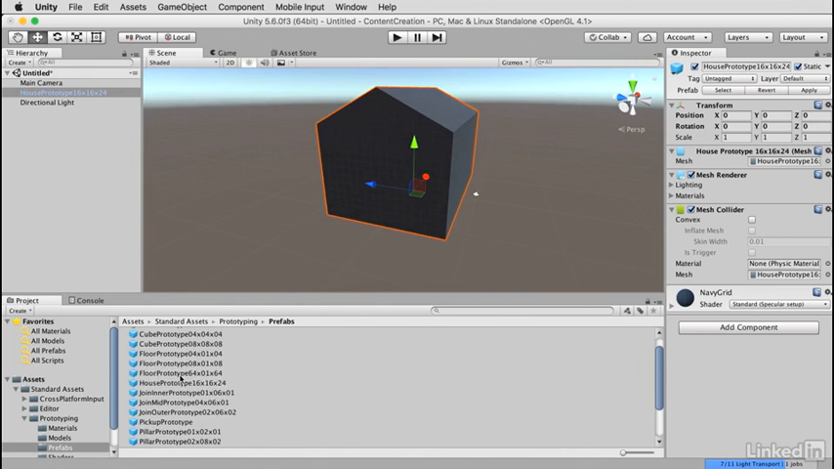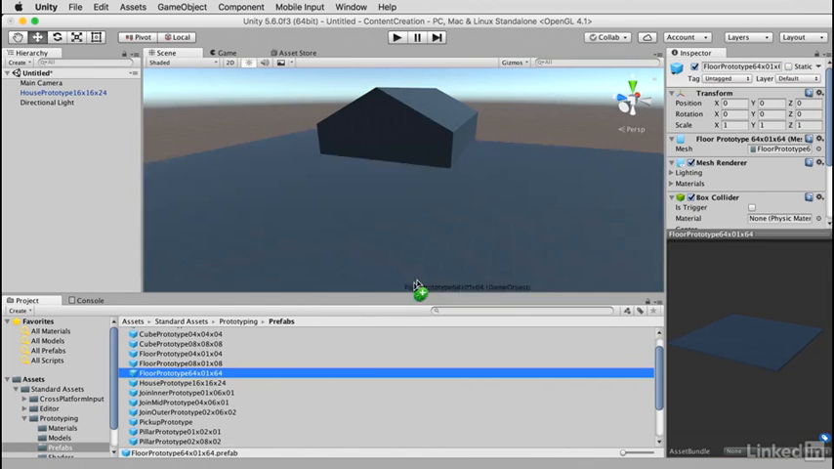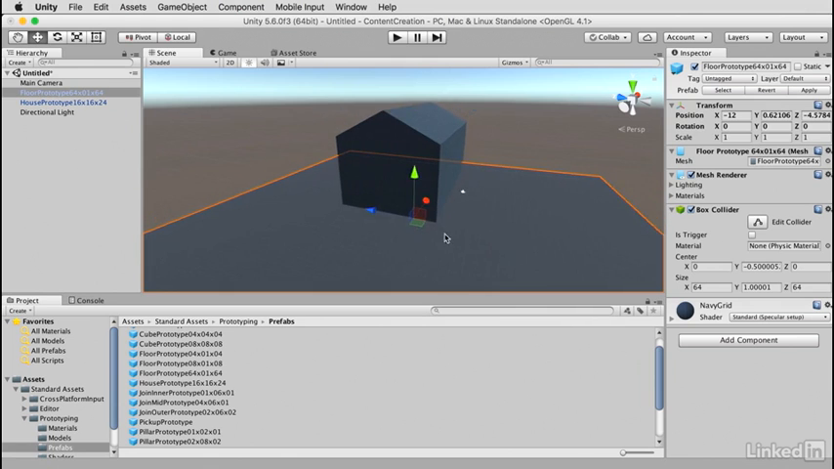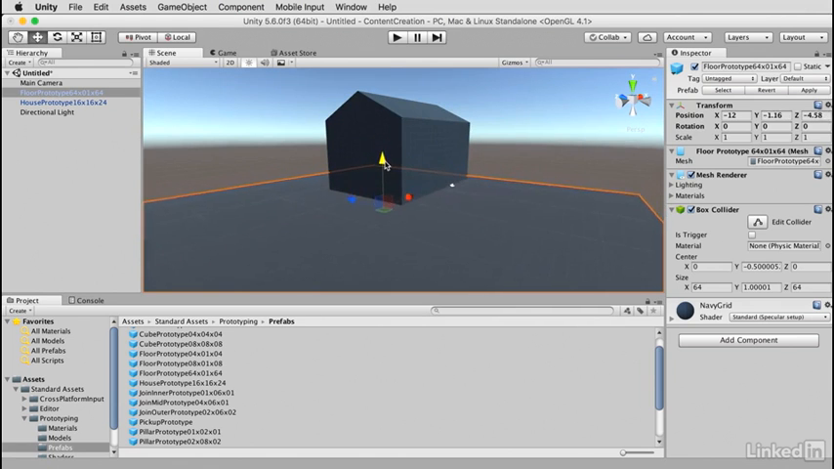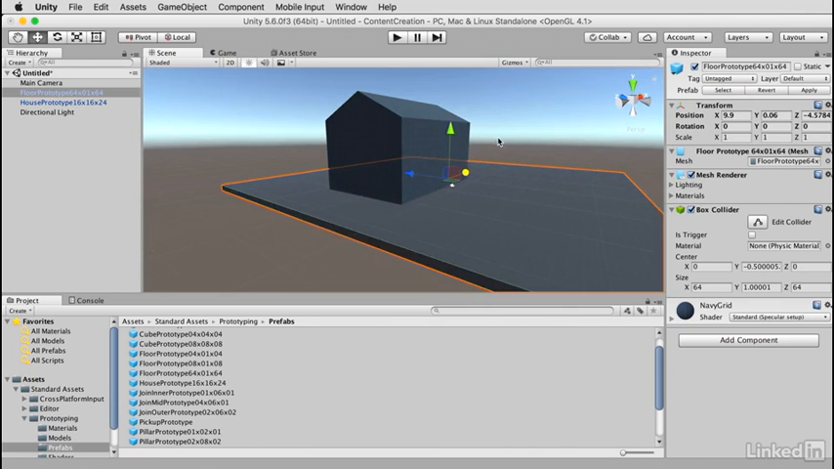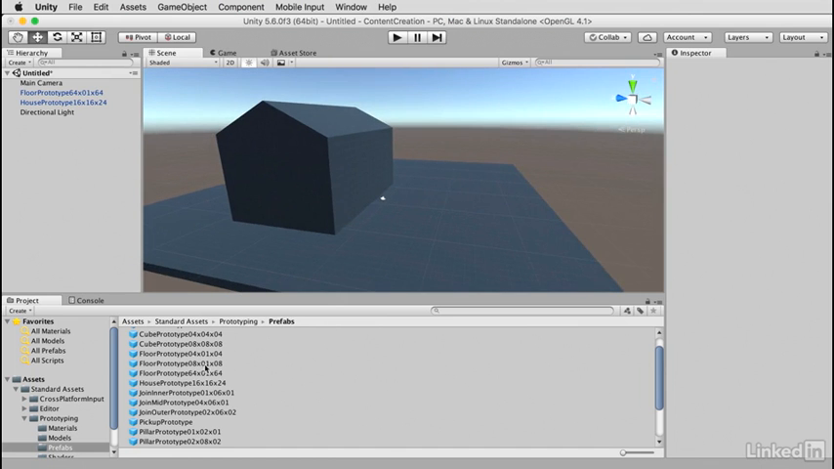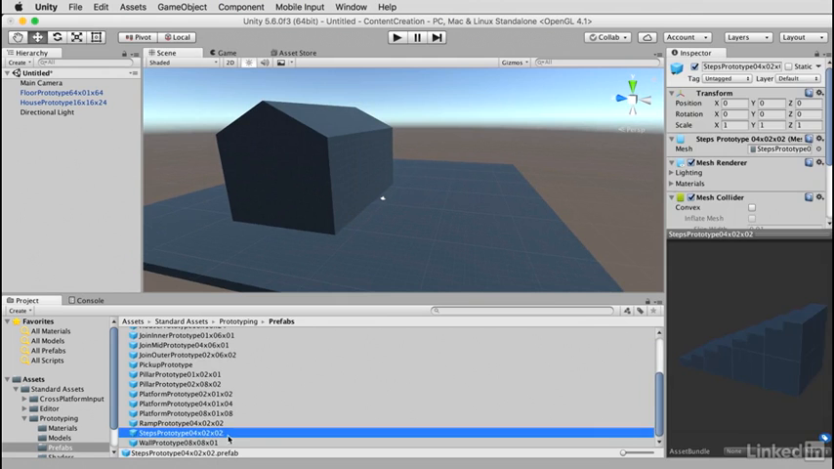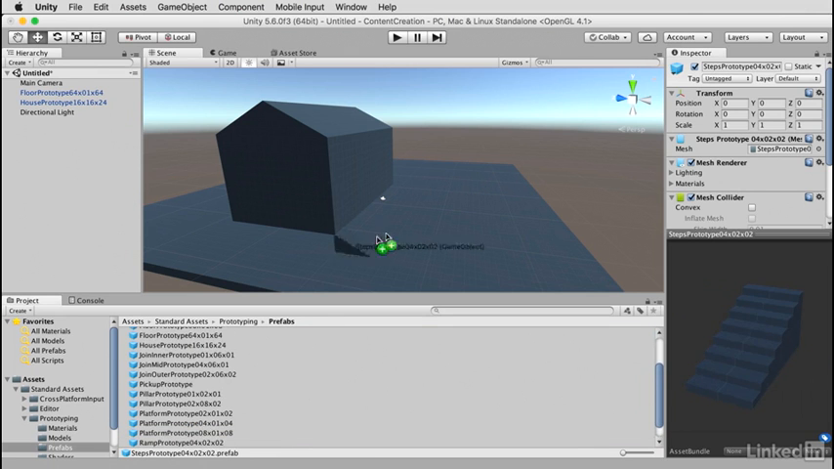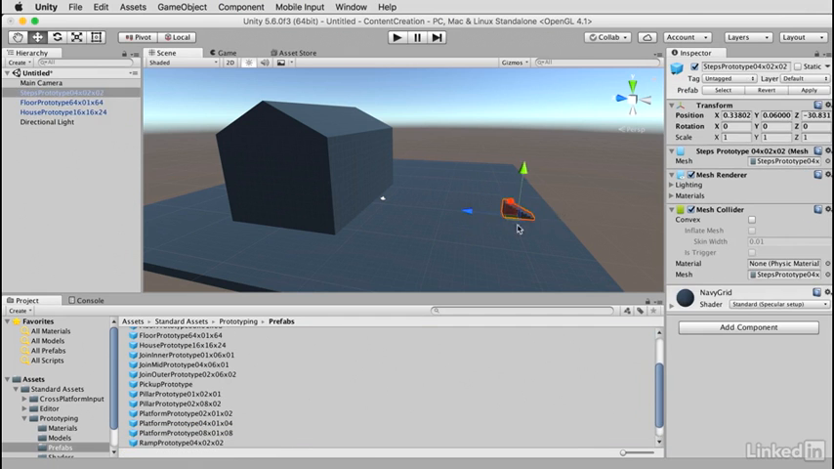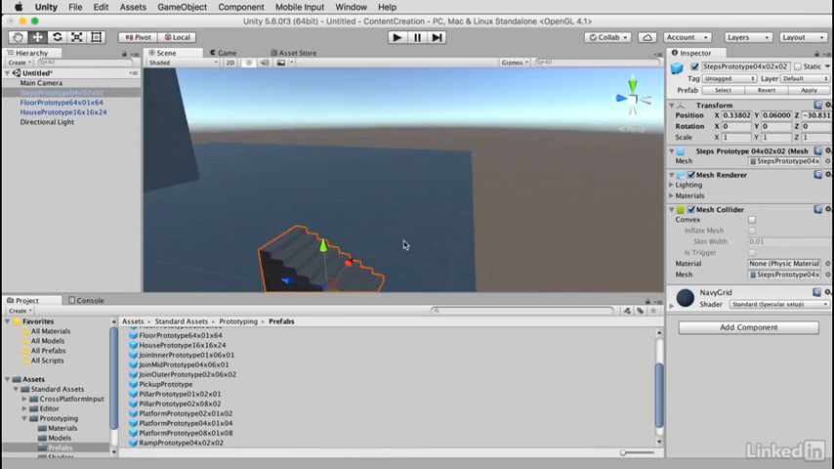So I might choose to add some other things here. For example, I have this floor object that I can drag and drop into the level. So I've added the floor prototype. Again, I can match that up inside the scene. So that's looking pretty good. Again, we have some other things that we can also add. For example, I can select the steps prototype by selecting that, and you'll see that what we've actually got here are some steps. So again, I can drag and drop those into the level so that we have a step